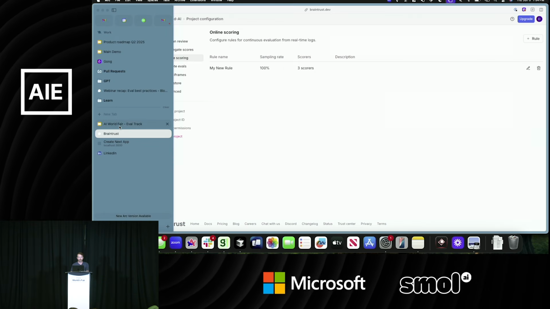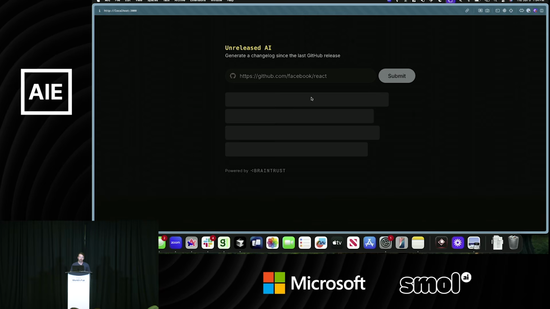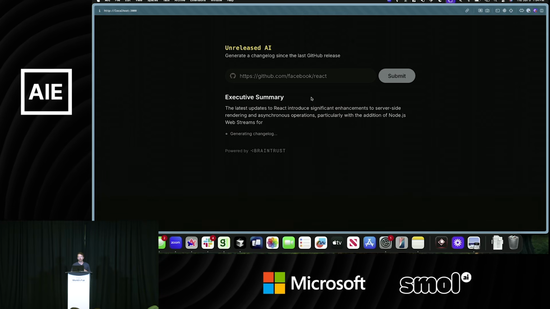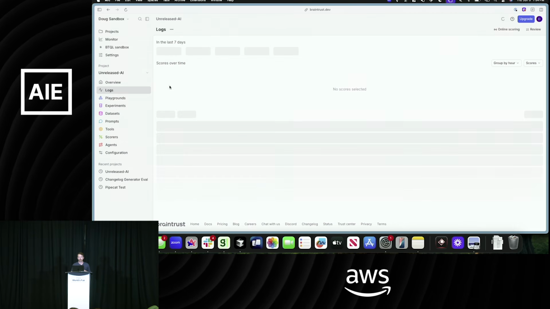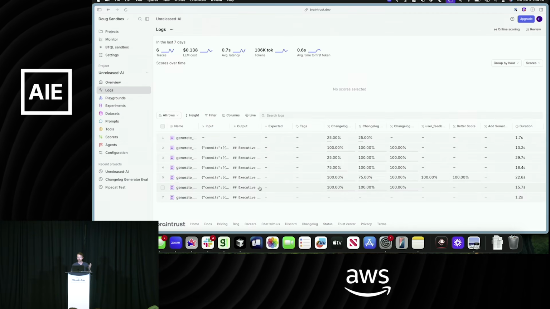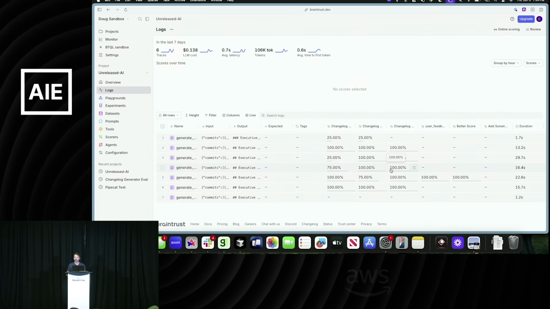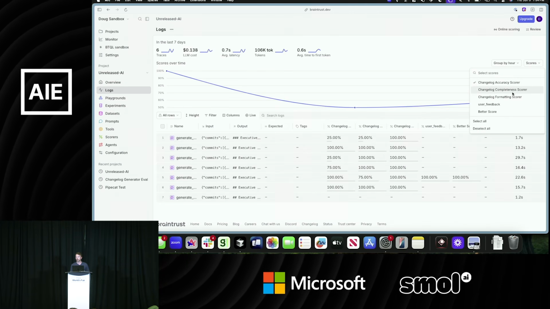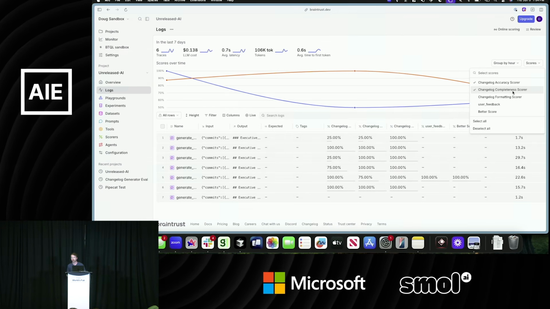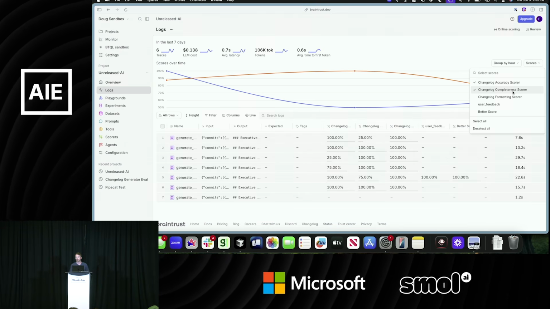Now when I come back here to the application, we'll just run this again, creating that change log. You'll now start to see within the logs, this will start to show up, and then you'll start to see these scores be generated. Again, this is where you can start to understand over time in production how these things are faring. Where can we get better? Now we can connect the things happening in our offline evals with the things happening online.